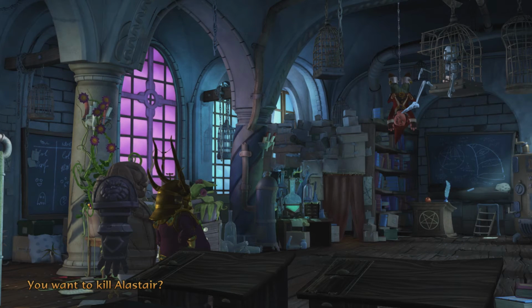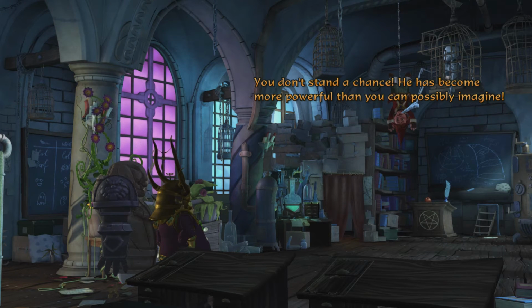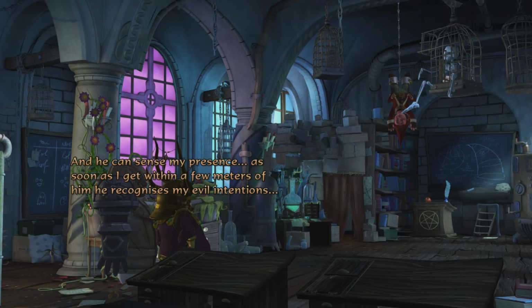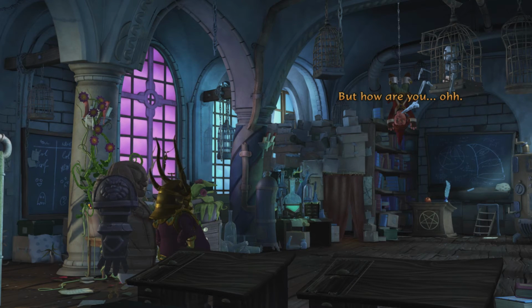You want to kill Alistair? You don't stand a chance. He's become more powerful than you can possibly imagine. I admit, his magical powers are impressive. And he can sense my presence. As soon as I get within a few meters of him, he recognizes my evil intentions. But how are you...